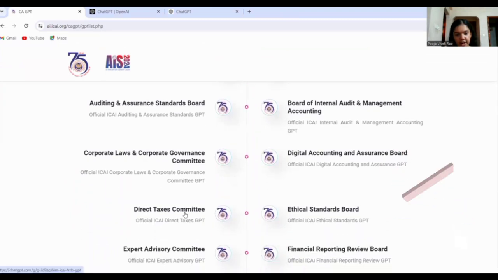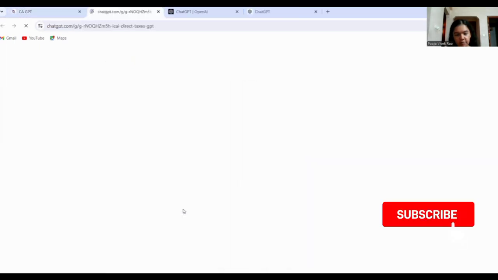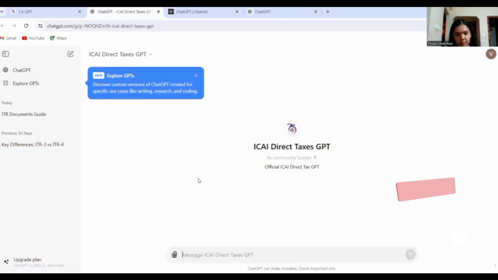Now let's navigate into the Direct Taxes Committee GPT. So here we have opened the ICAI Direct Taxes GPT.